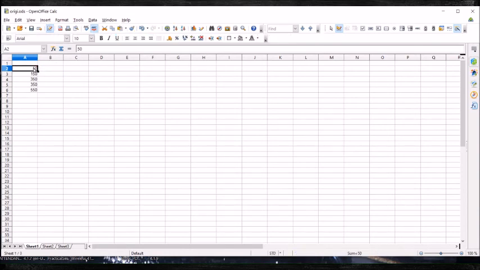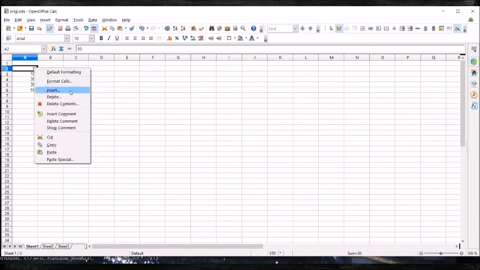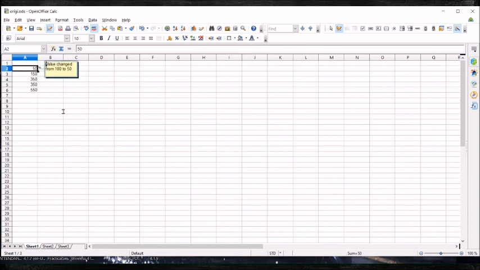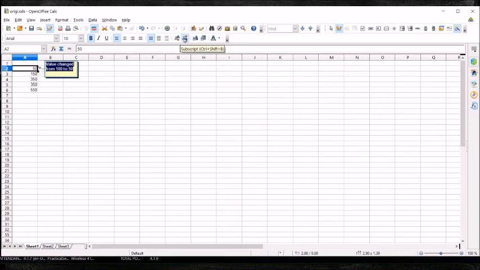Now if I want to edit this comment, see, when I hover on this, the comment is displayed, and I can edit this comment also. For editing, I'll again select this comment. I can select it, I can make it bold, I can increase its size.